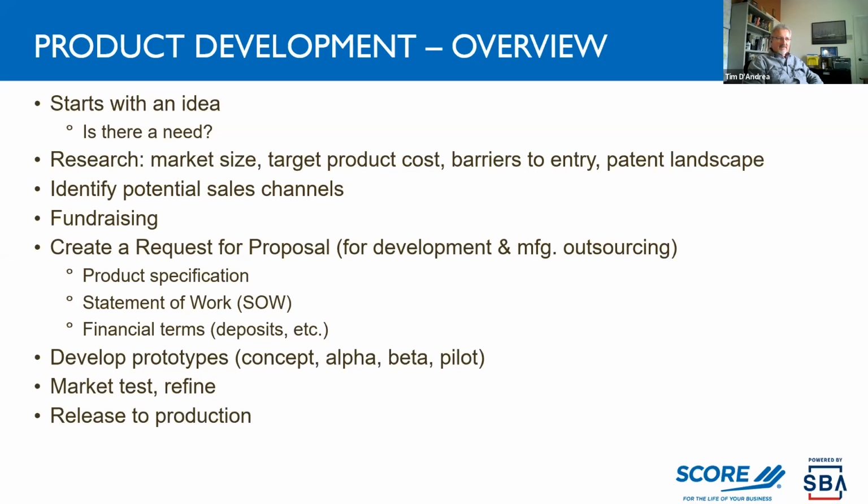Fundraising is a huge topic. Raising the monies. Some of these products, at least in my world at D&K Engineering, are millions of dollars to get them to production. Simpler products obviously are cheaper. So fundraising is a key topic we'll get into a little bit. And then in terms of the meat of product development,